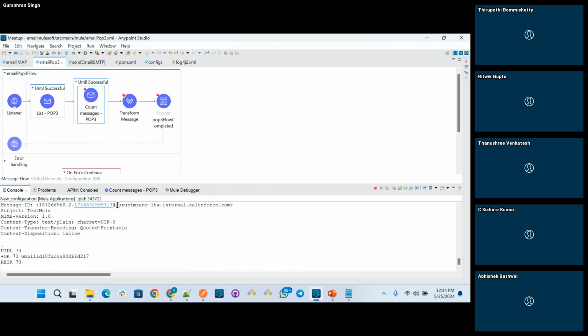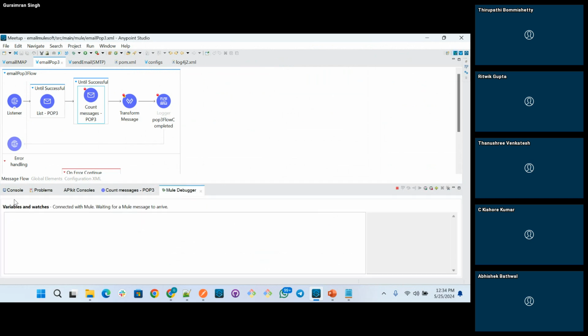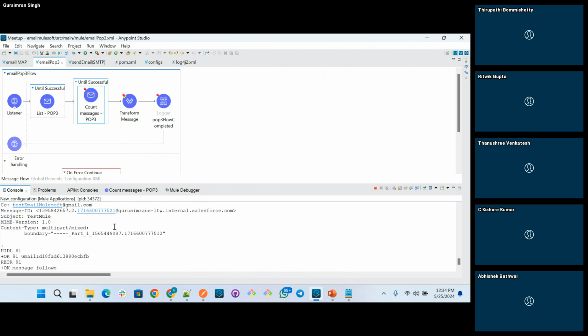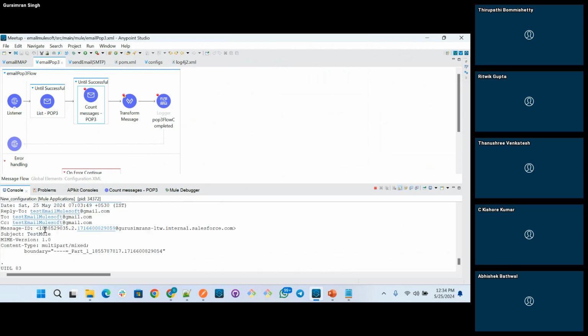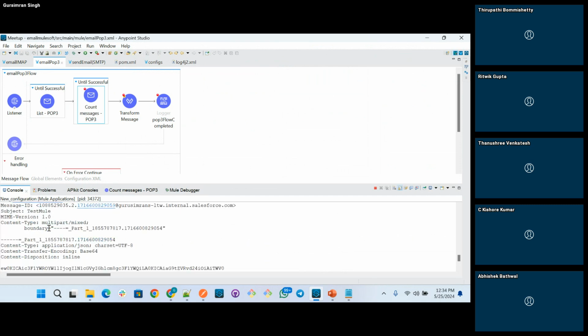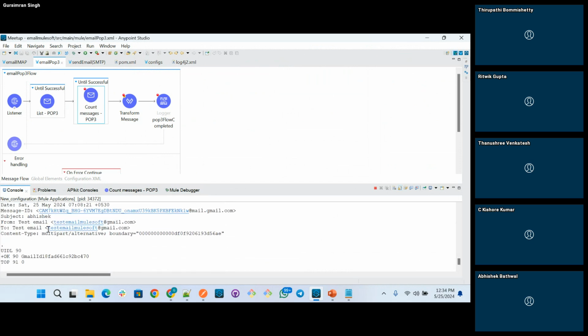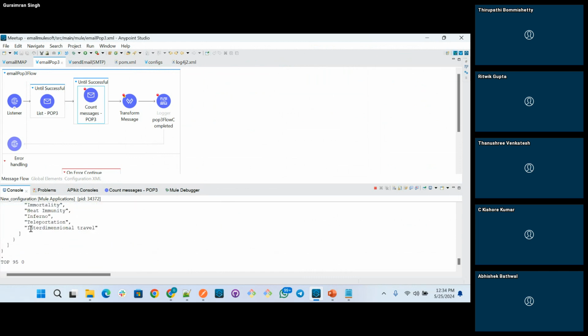Because the number of emails is high, it's still reading those. You can see in the logs the payload and everything is appearing, because for that purpose I set up these debug logs. All the attributes, from, to, payload, attachment, multipart, are appearing here.